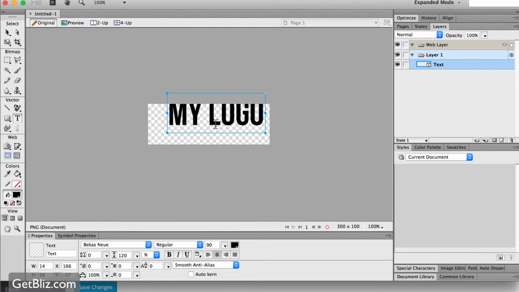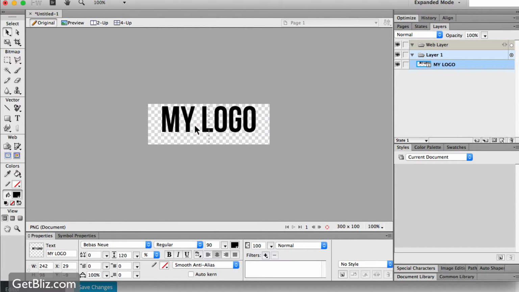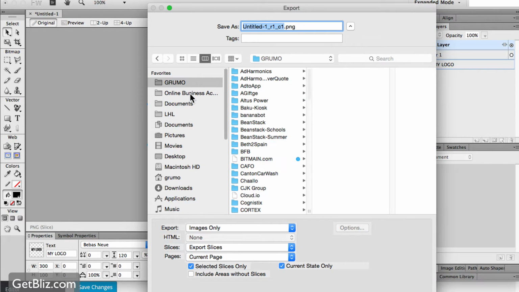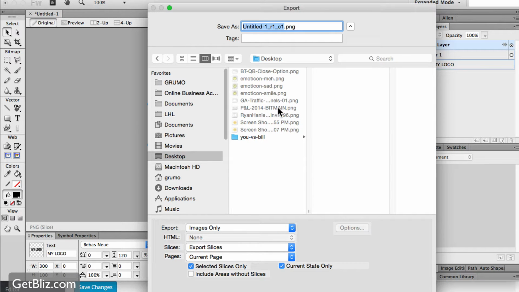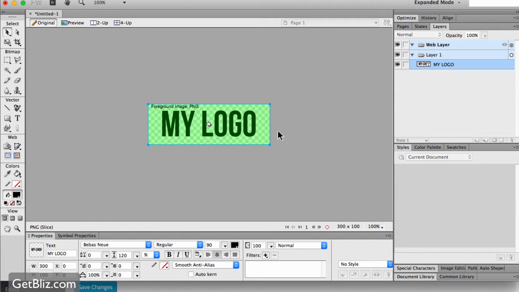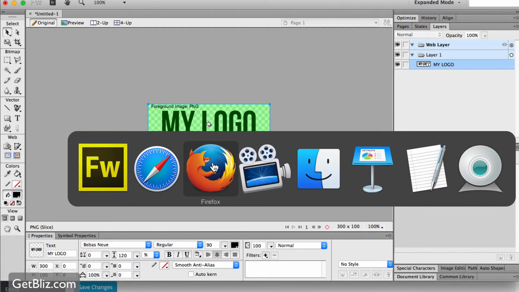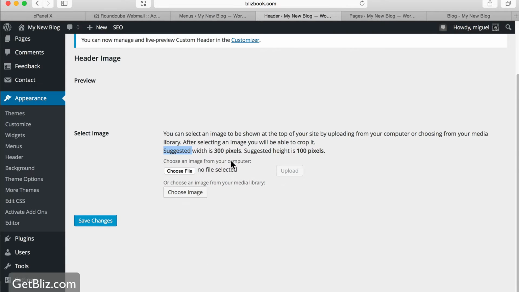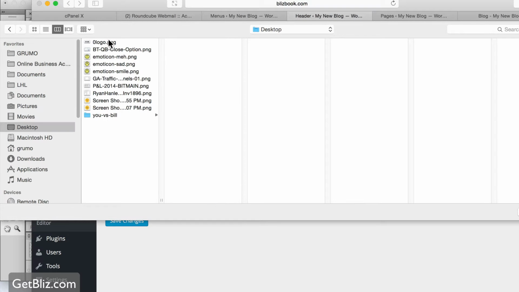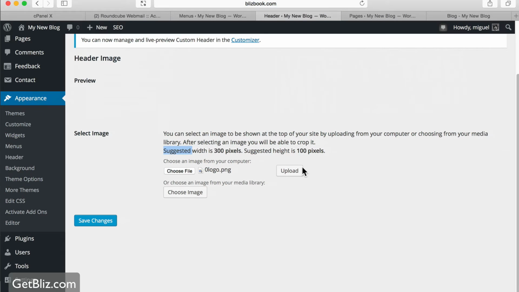My logo, and there you go. You can now save that. Let me just create a slice and export it to my desktop somewhere here. Logo. It's a PNG with transparency in the background. Now that it's saved, I can quickly go and choose a file. I'm going to go to my desktop, select it, choose upload,